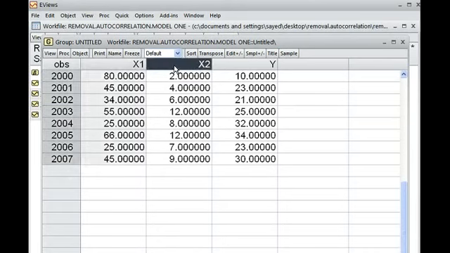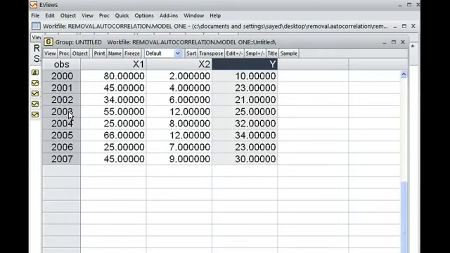Yes, these are the three variables, and data from 2000 to 2007. Normally the serial correlation is found in the time series data that we have.